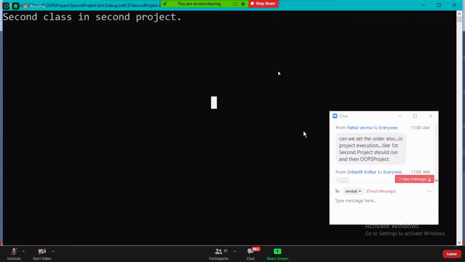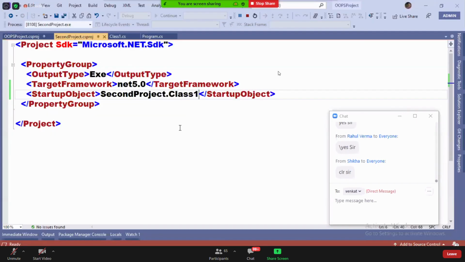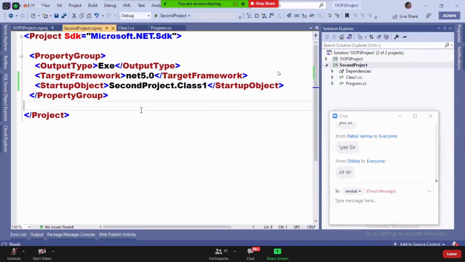A project won't run at all. Why do you set the startup object? A project won't run, a class will run. And all the classes won't run.